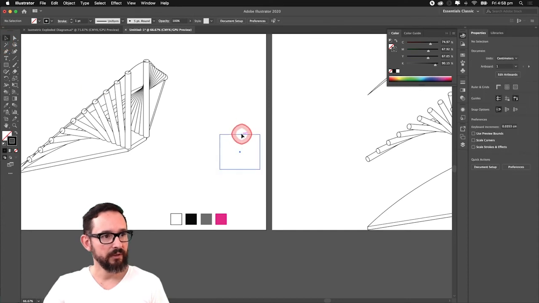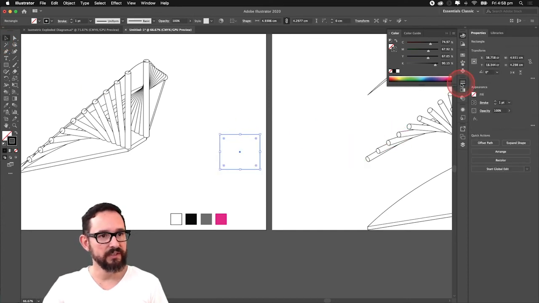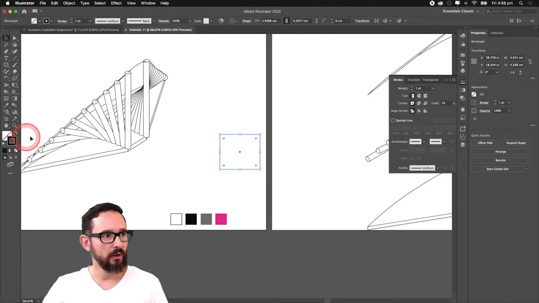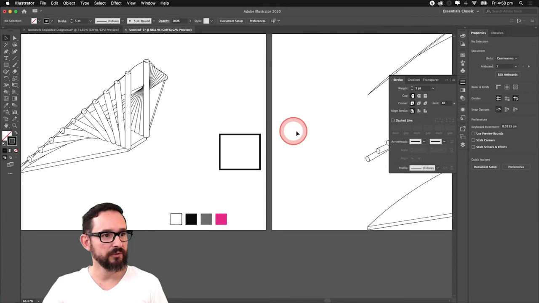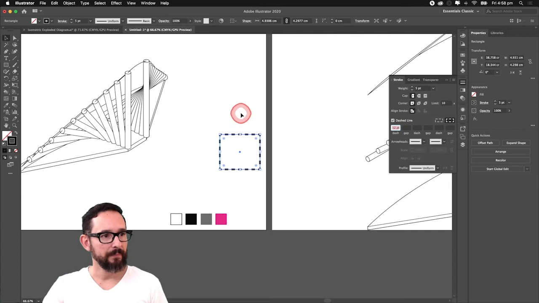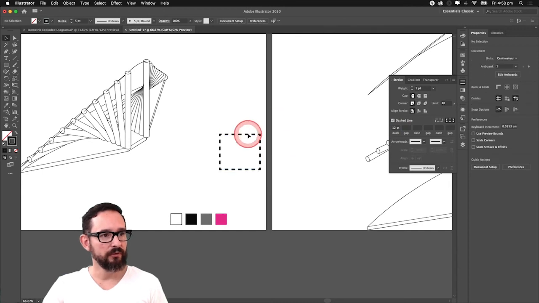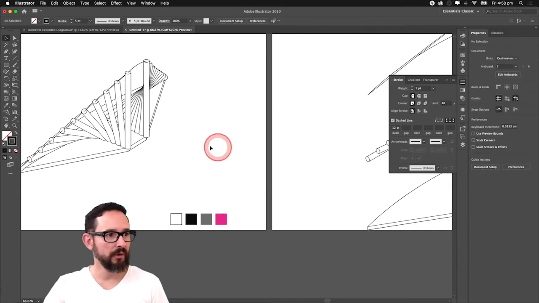Okay. So in this case, you can also already see the stroke and the stroke color. You can also make different types of strokes, actually using dashed lines and everything. So again, you need to select in order to activate it. Yep. So that's how we are going to use and operate with our